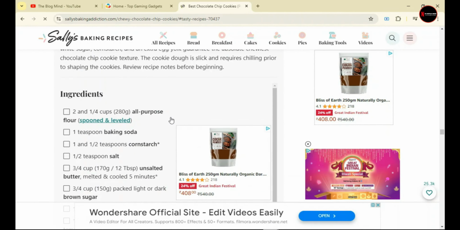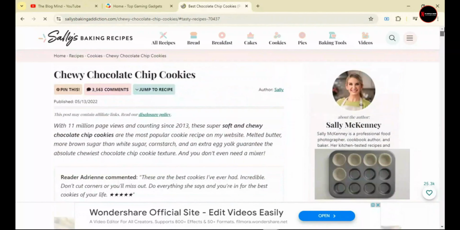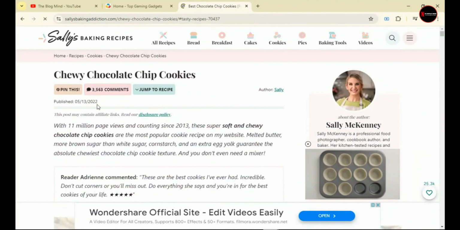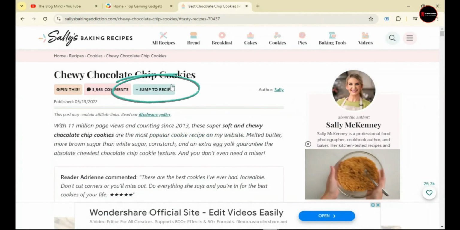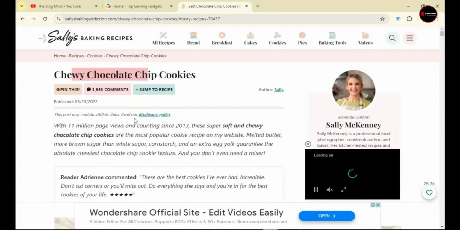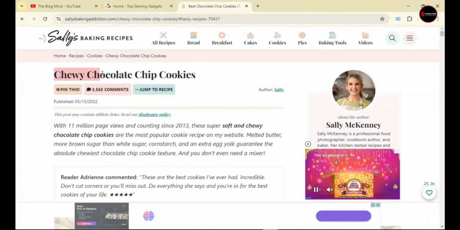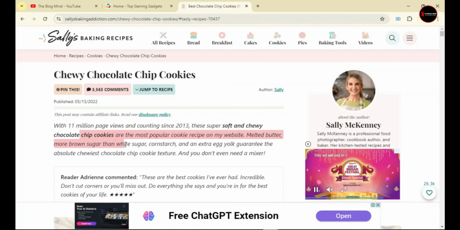Today, I'll teach you how to create this Jump to Recipe feature on your own blog without using any paid plugin. Most plugins for this purpose are paid. But in this video, we'll create a jump to recipe button that automatically appears on any blog post where the word recipe is used, whether in the heading or the content. This feature is super important because if a user visits your blog and wants to quickly find your recipe, they can simply click the jump to recipe button and go straight to it. We'll cover everything today. And again, no paid plugin involved.